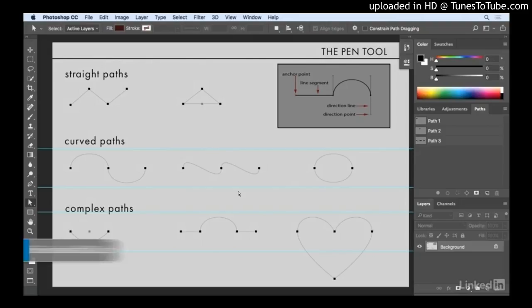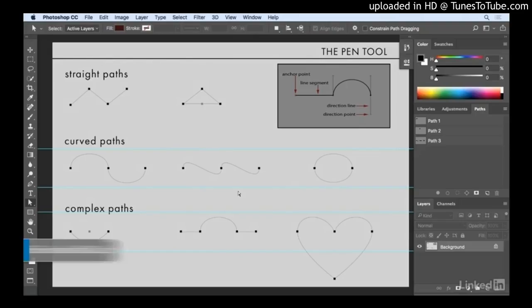In this case, I want to put it on its own layer, so let's just double click the work path and name that path 4, click off of it in order to start a new path. So in this case, when I click on this first icon, I'm going to click and drag up, right, to set the direction line for this initial curve. So click and drag up, and then I'll release the cursor. But if I click and drag down, that's not exactly the shape of the curve I want, so let's just add a little bit of an angle to that. However, if I click on this next line, I'm not going to get the type of curve I want. So let's undo that.